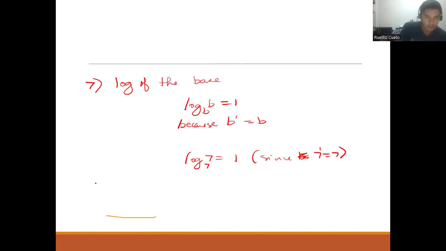And for our inverse properties, we have the inverse property. So log of b raised to x to the base b is equal to x. Then if you have b raised to log of x to the base b,